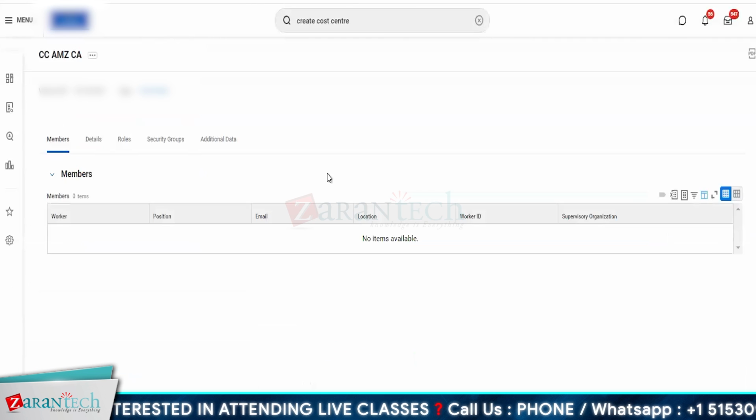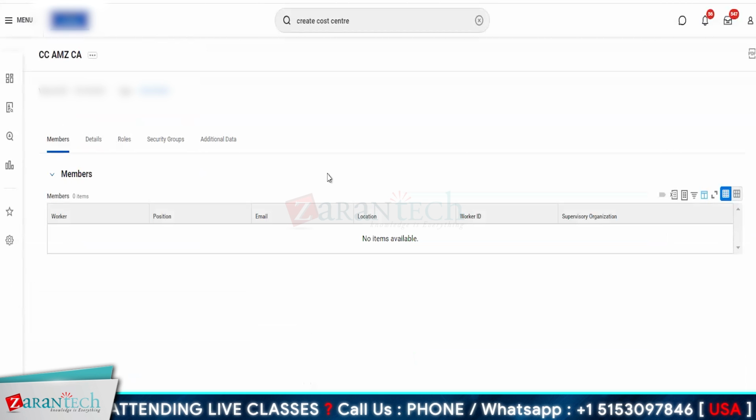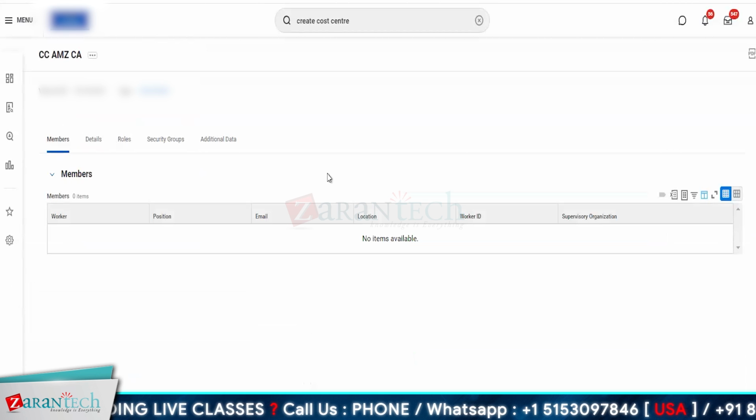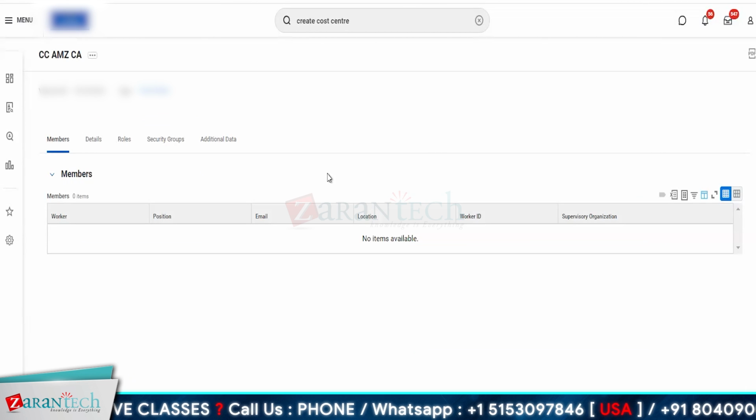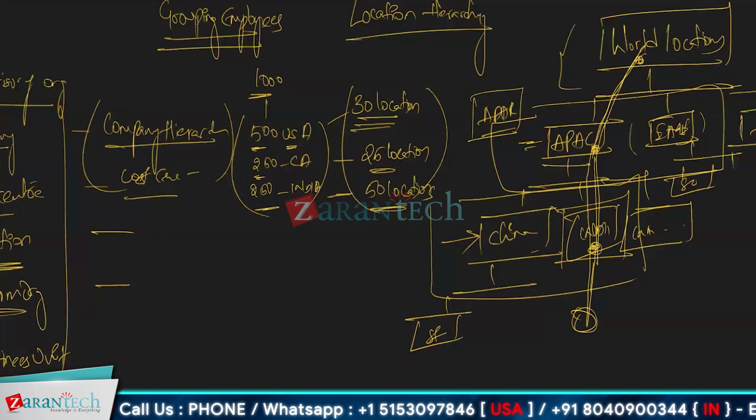Okay, so now we have created four different cost centers in Workday. Now, if I have to create a cost center hierarchy, like we discussed, suppose